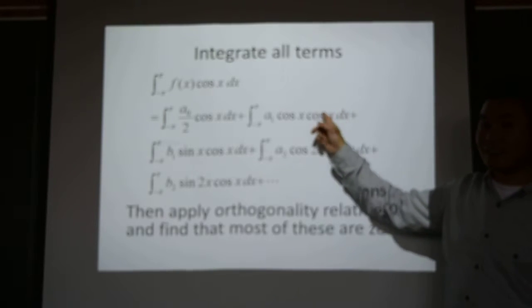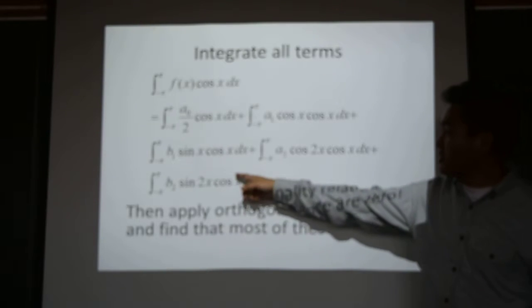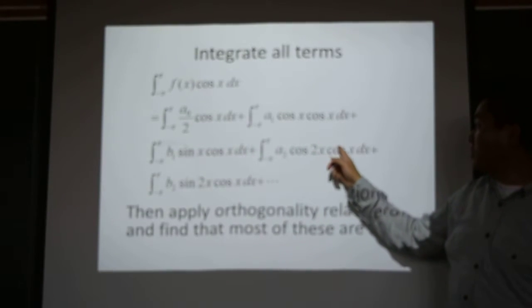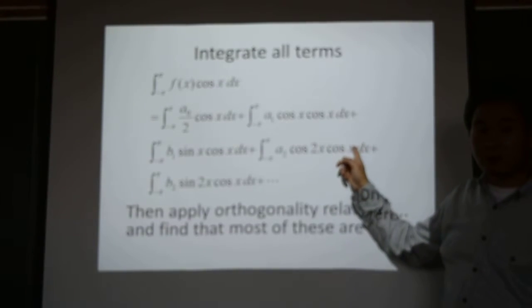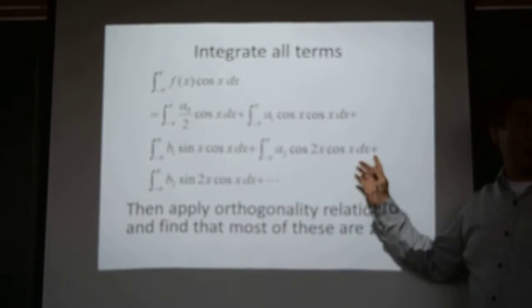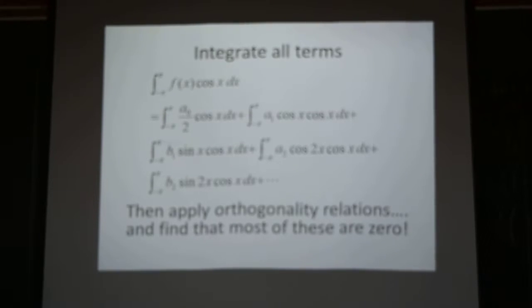You forgot? It was pi. Okay, so it will be pi times a1. The sine times cosine is always 0. Cosine 2x cosine x, if this is m is 2 and n is 1, what's the integral? 0. This will be 0. And you'll see that everything is 0 except just a1. So it will give you a1 pi